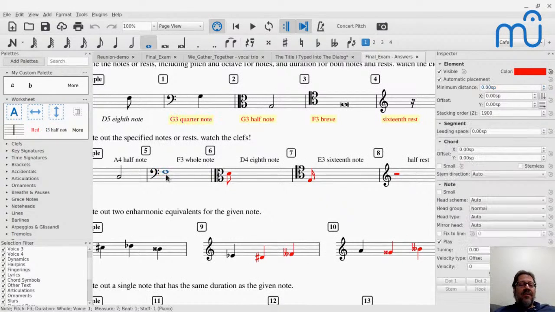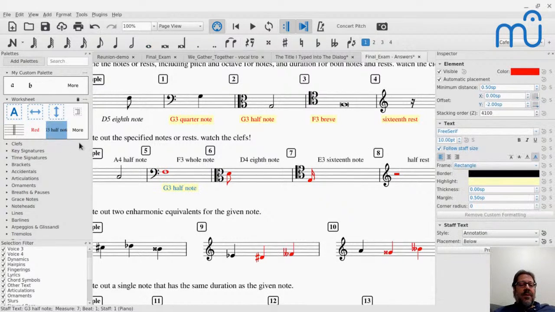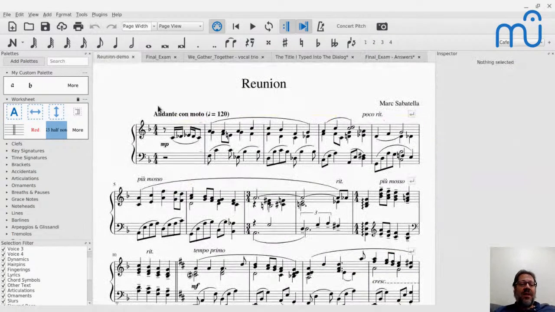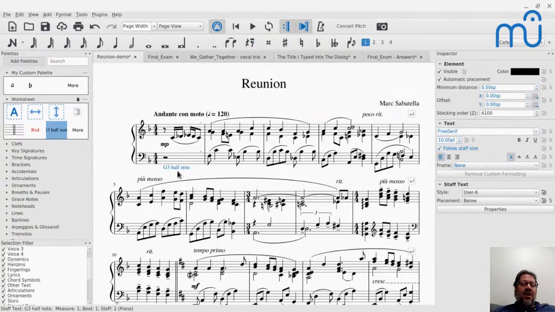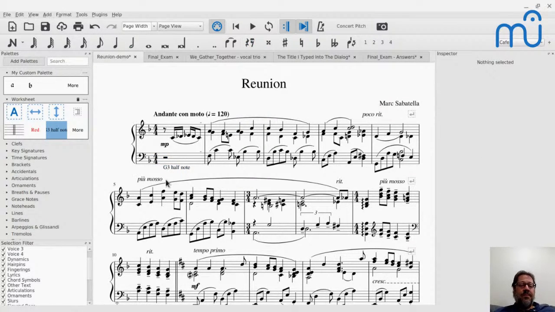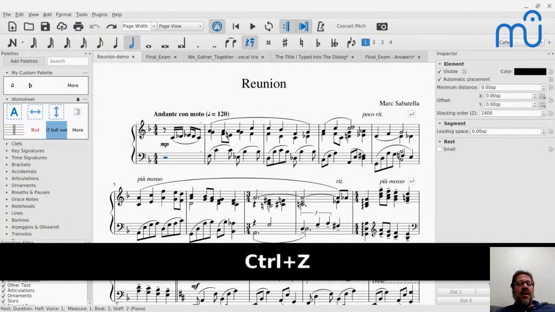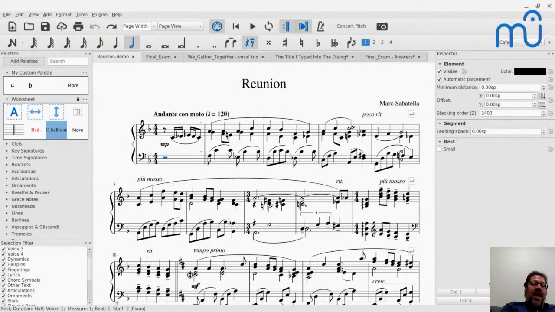But it is the case that then if I apply it, it picks up that style because it's in the score. But then if I go to a different score that doesn't have that style and I add that same thing, now it's just in the style that goes with this score. So palette items, when you add them, things that were part of the style don't get added to the palette. So that's maybe something worth knowing.